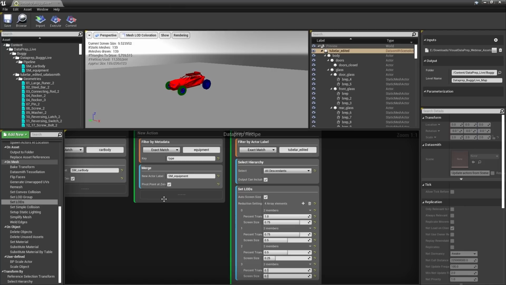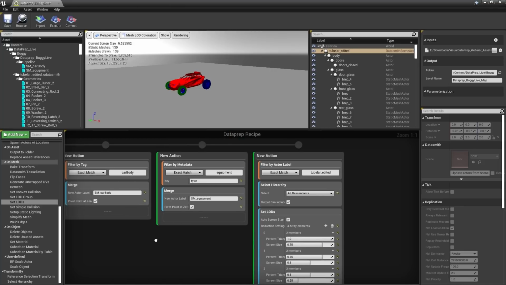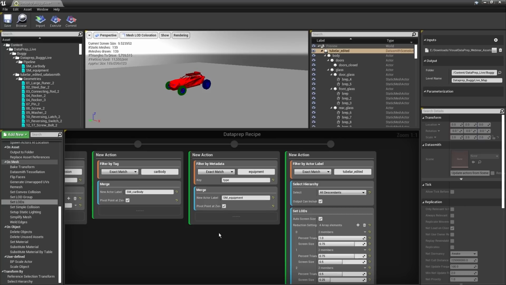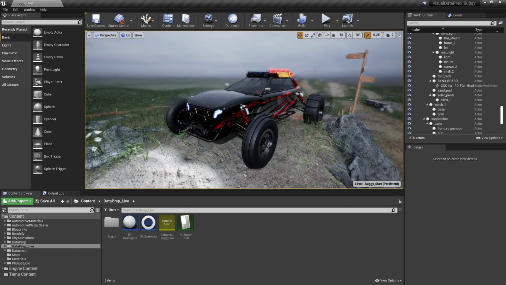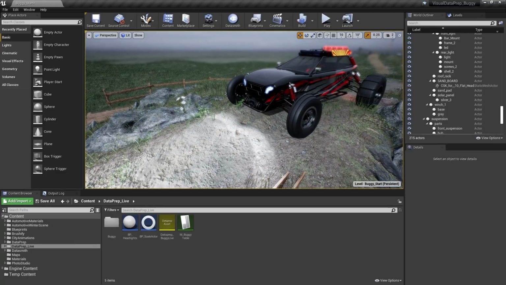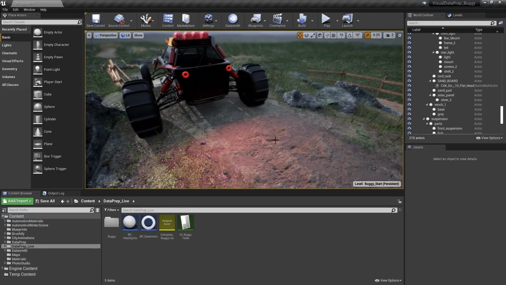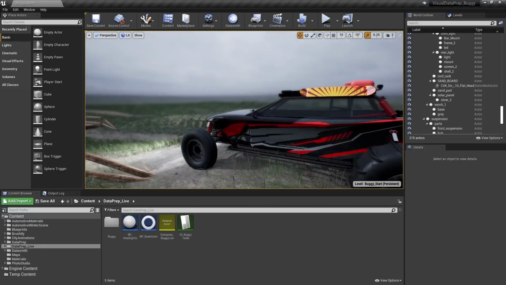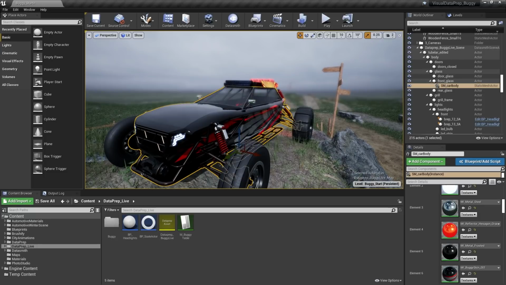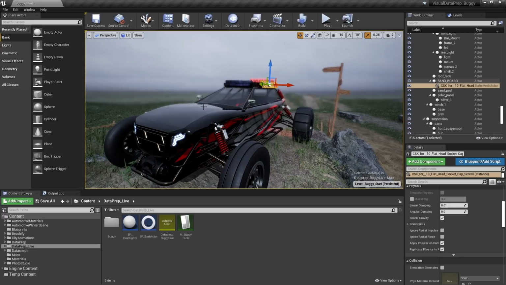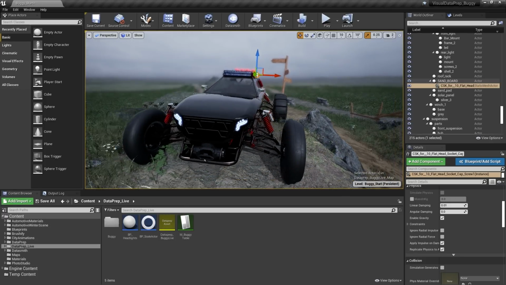I've got another version of this that's already fully baked with all the different assets merged together and so forth. And I'm going to go ahead and load that up now rather than rebuild this whole thing from scratch. And then we'll go ahead and commit. All right, so I think we can see once we've committed the project to the scene how nice everything came out. And the materials look great. And the headlights and the taillights that we added, all looking fantastic. Not to mention, this is only 7 meshes. So we've got the body, then we've got the 4 tires, the sandboard, and that's about it.